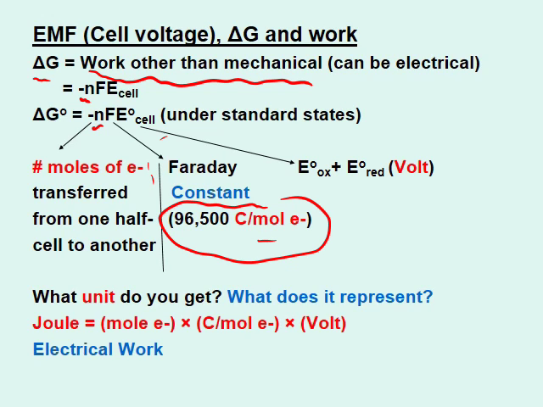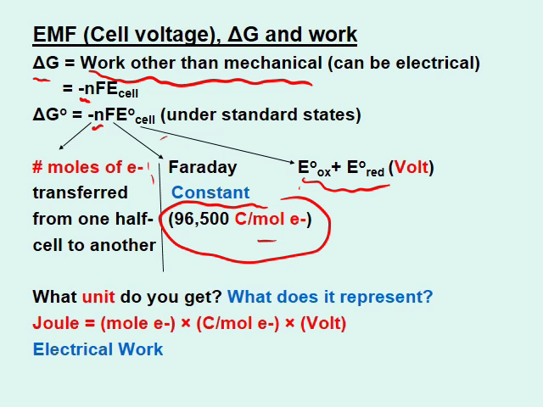So if I know the number of moles of electrons being transferred, multiply that by 96,500 coulombs, that means the total coulombs that pass through would be known. And if you multiply that coulomb by cell voltage, which is given by the oxidation contribution plus the reduction contribution coming from two half reactions, that would give you